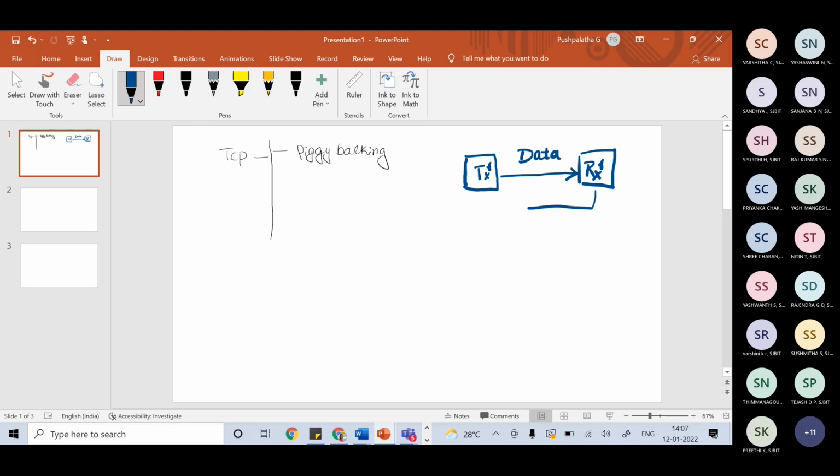Now TCP is a connection oriented protocol, so it has to receive an acknowledgement for whatever data it sent. In piggybacking, in order to reduce the network load, while sending the acknowledgement, the receiver adds some data along with the acknowledgement, because the transmitter and the receiver perform duplex communication, right?